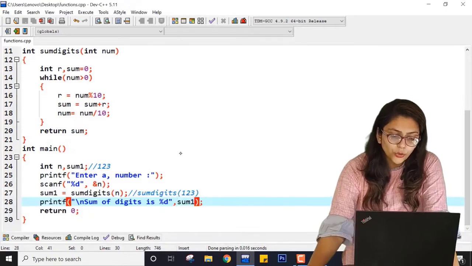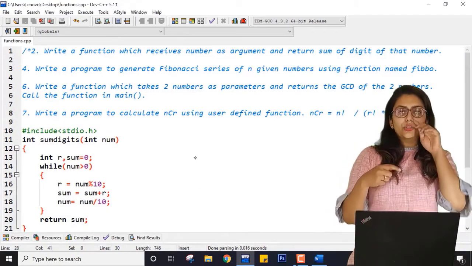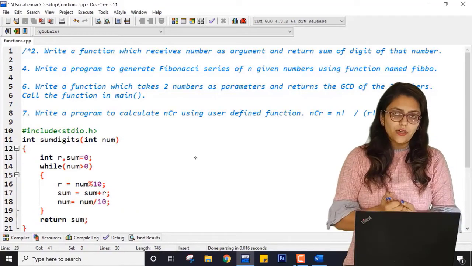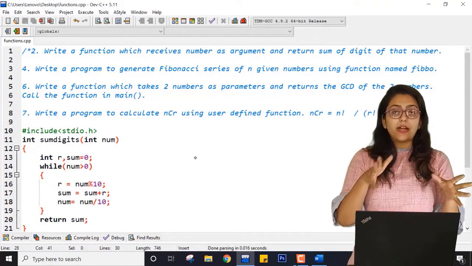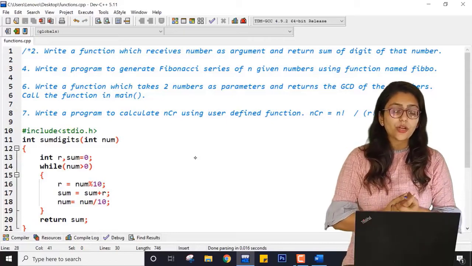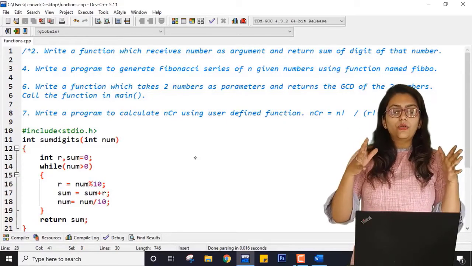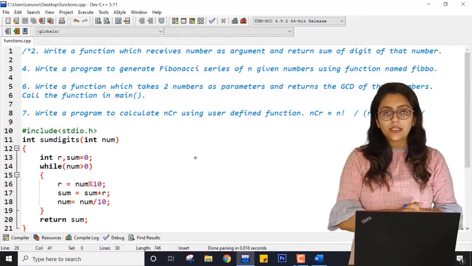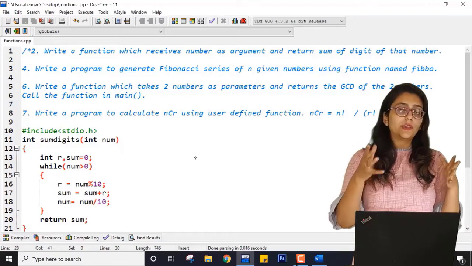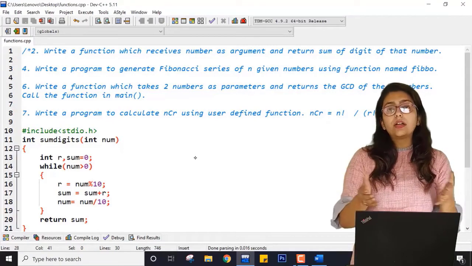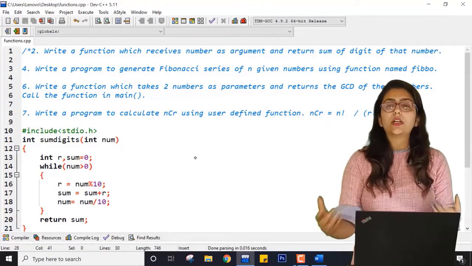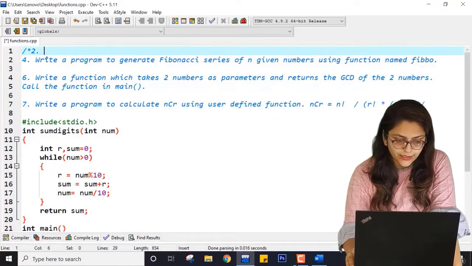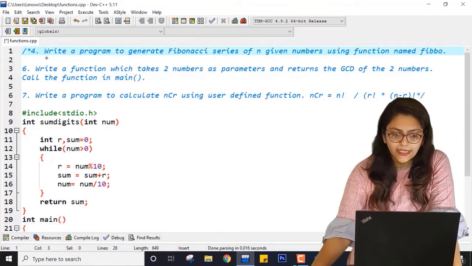So now to practice functions, you can also take a program of reversing a number, finding the first and last digit of a number. You know the logic of finding if the number is an Armstrong number or not. You can perform each of those practicals using functions. So you can create a function which will reverse the number. You can create a function which will tell if the number is an Armstrong number or not. You can create a function which will tell you if the number is a perfect number or not, right? So this is all about this practical. So we have covered the second practical.